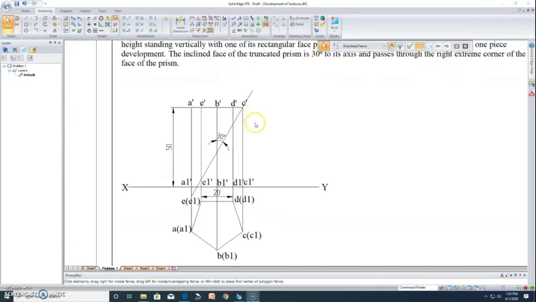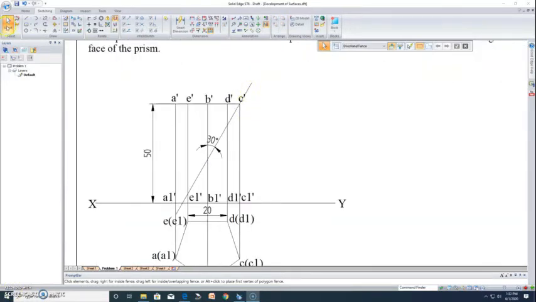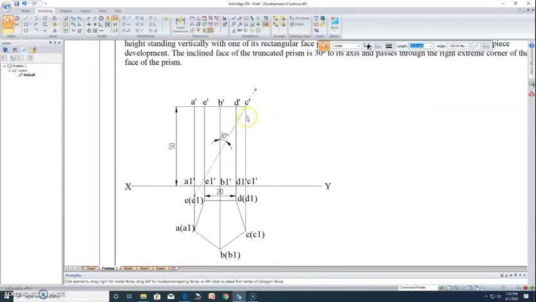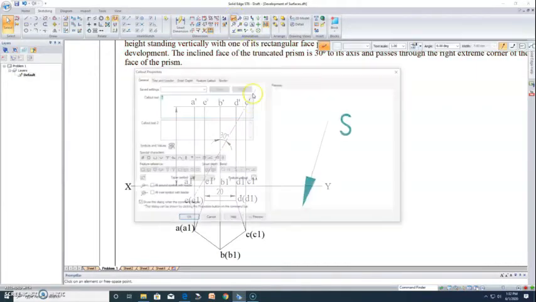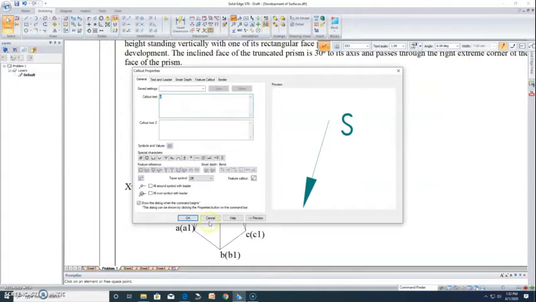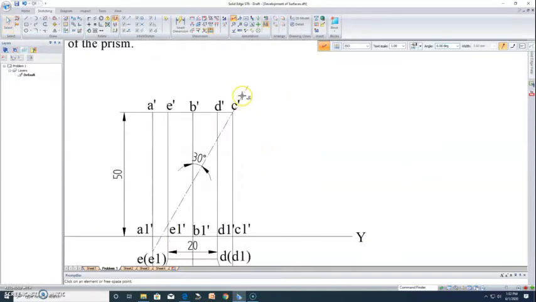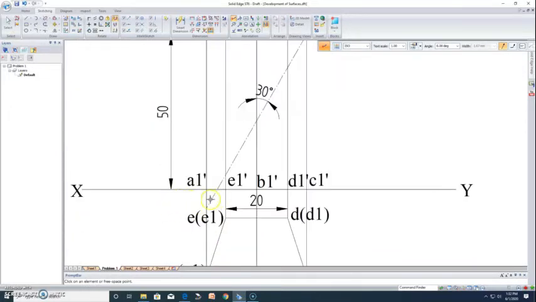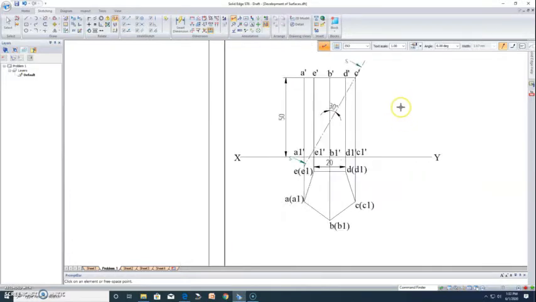The section line has to be indicated by alternating thin longer and shorter lines. So I'll change the line type, make it like this, and the retained portion in this case is the bottom one. So I have to indicate that by showing an arrow at the end of this section plane. For that I'm going to use something called callout. So I'll go to callout and I'll assume that the section is S. Let's say OK. So the retained portion is the bottom one. The arrow should point towards the bottom, on either side. So this is how you indicate the section plane.